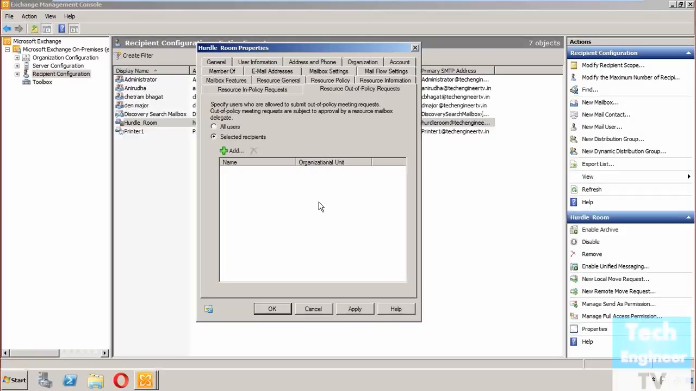Then no doubt that these requests will be approved by the delegator, but will be